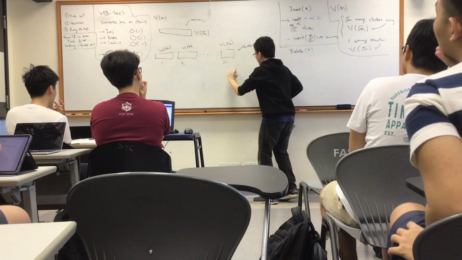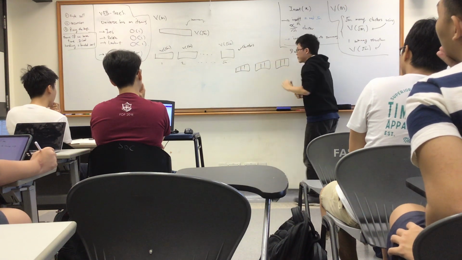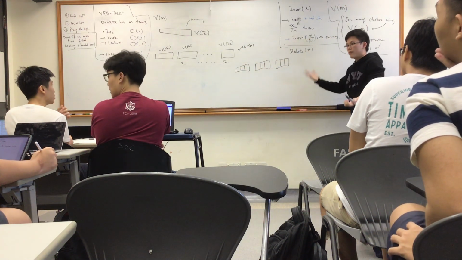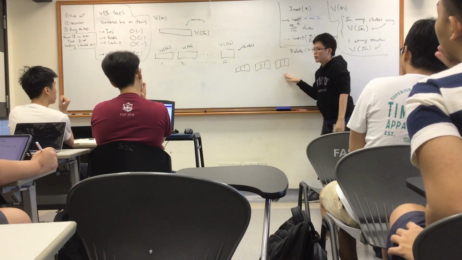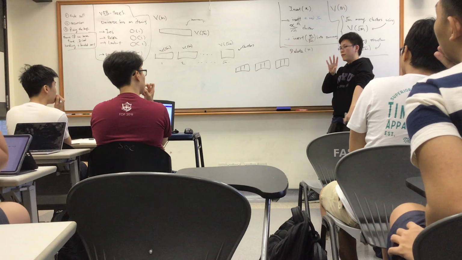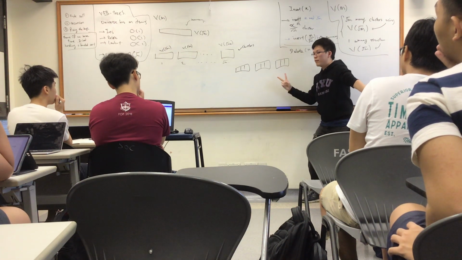Okay, so let me draw the thing magically. Are we talking about bits like just now? No, these are numbers, right? But you can represent them with bits. Right? So let's say your clusters were of size 3, and I want to insert number 5. Which cluster should I pick? The second one. How do you decide that?